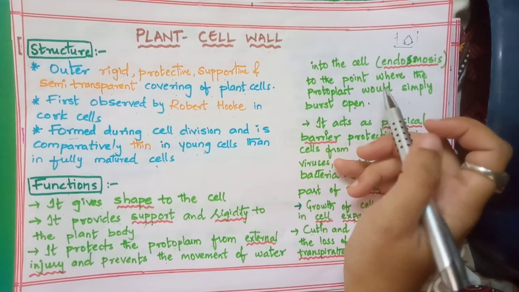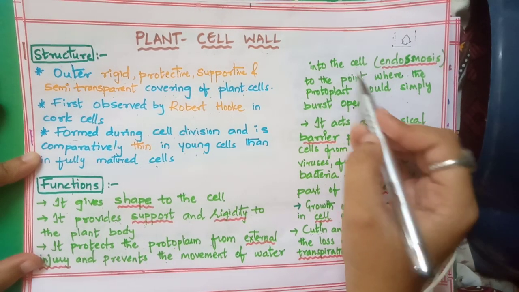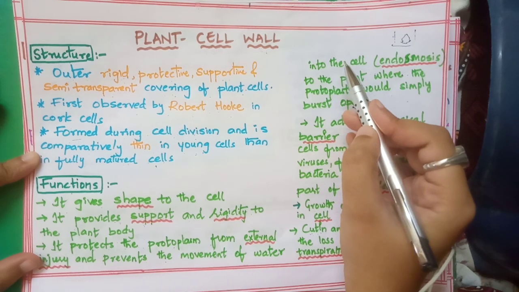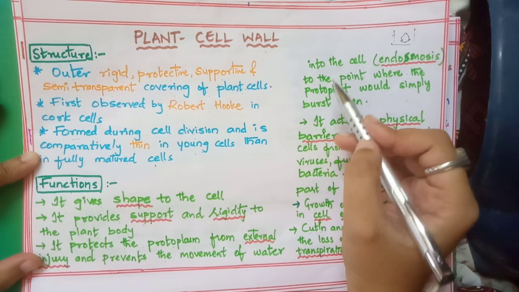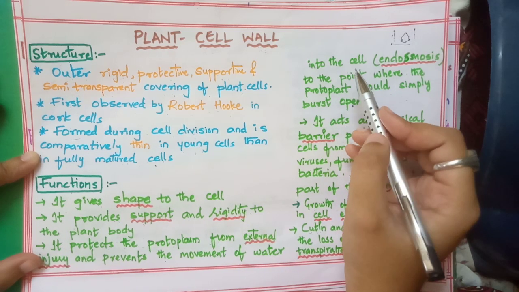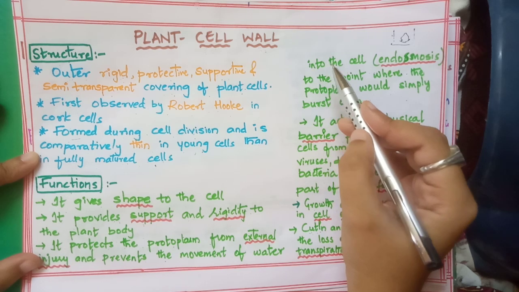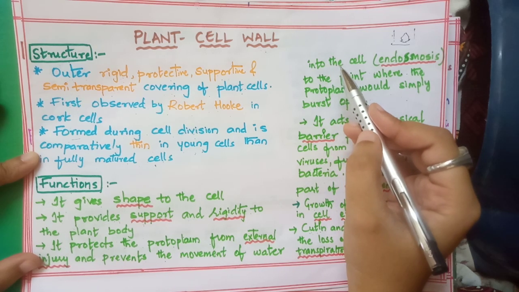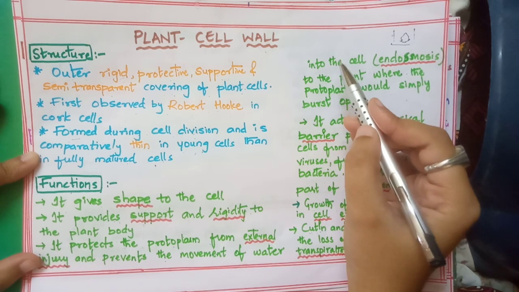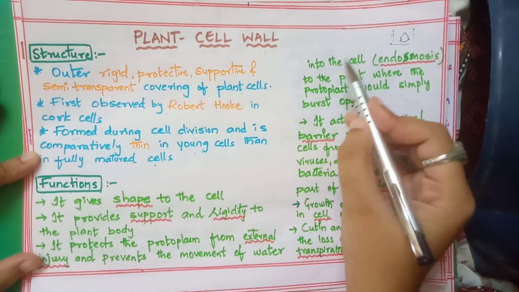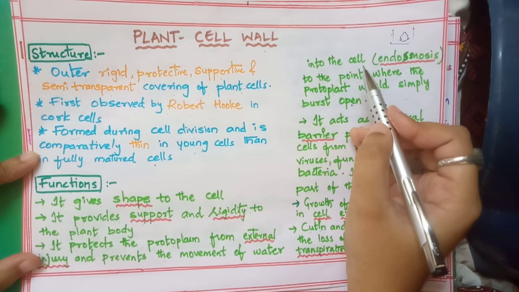It means that if a plant cell is in a hypotonic solution, which has fewer solutes than the plant cell, it will absorb water into the cell by endosmosis. As a result, by the increase of the volume of water in the cell, it will create pressure, making the protoplasm push against the cell wall. This type of hydrostatic pressure created due to the water movement into the cell is known as turgor pressure.